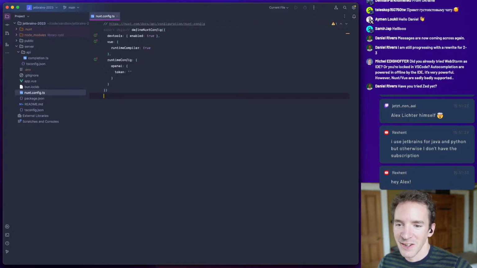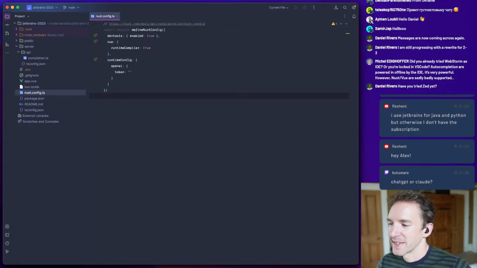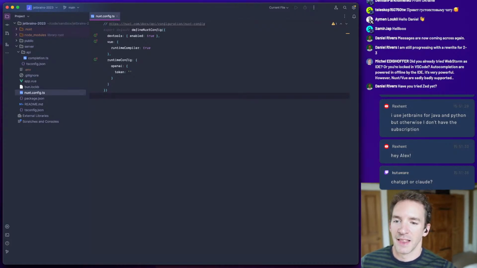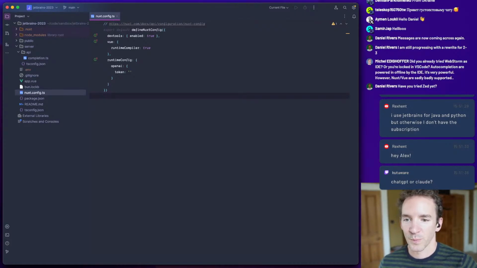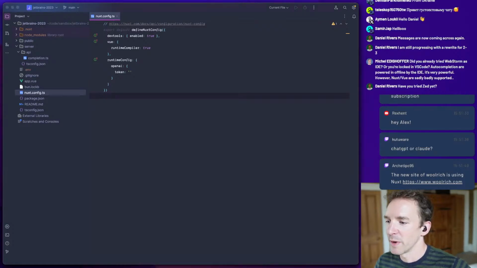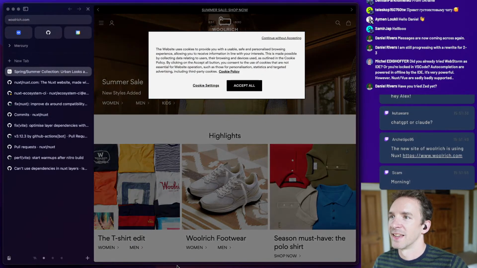Flash, Alex, hello. Sorry, I'm catching up on everyone's messages because they're coming from so many different places. Let's see. Oh dear. Bootstrap HTML. Woolrich. Okay, let's try this.